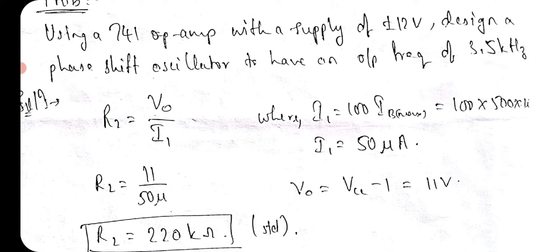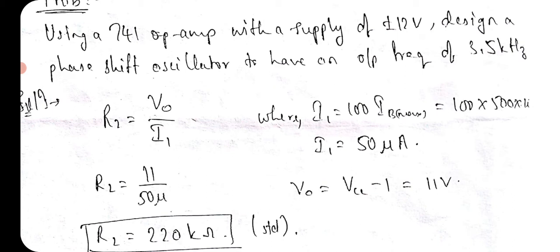The upper cap of your waveform will be clipped off, and later on the sinusoidal waveform will continue, but the upper portion and the lower portion of your wave will be clipped off because of the threshold, that is, saturation of your output voltage, because the output of an op amp can never be more than the supply voltage. So in any case, even if the gain is more than 29, the output gets distorted.